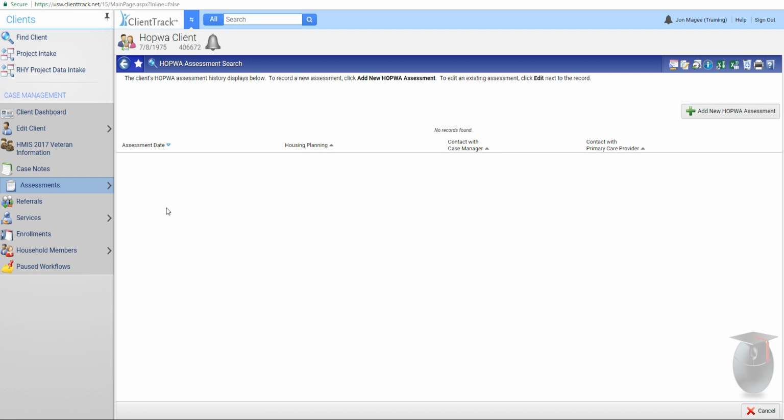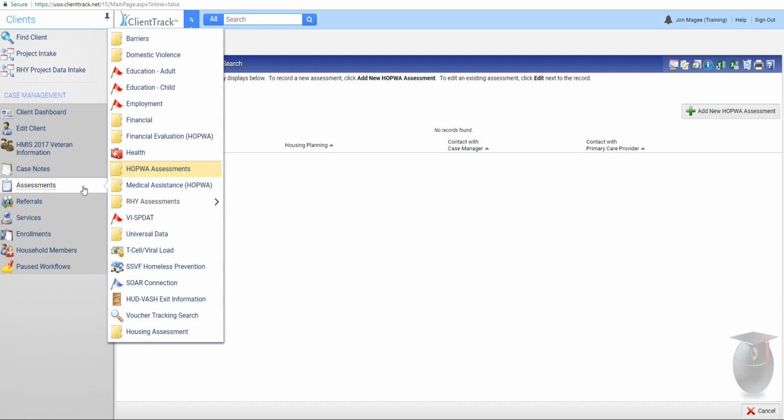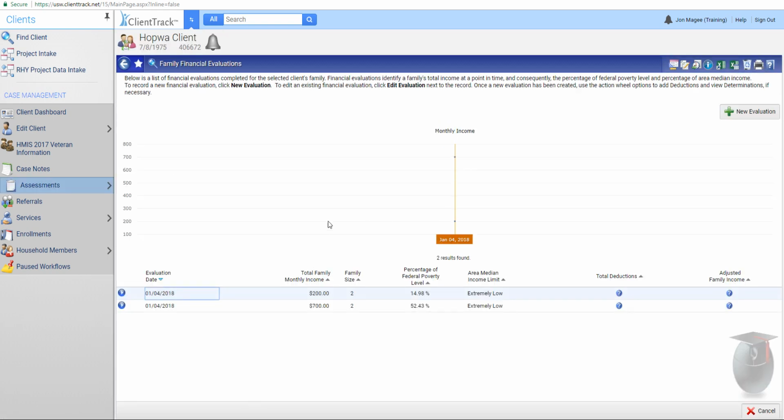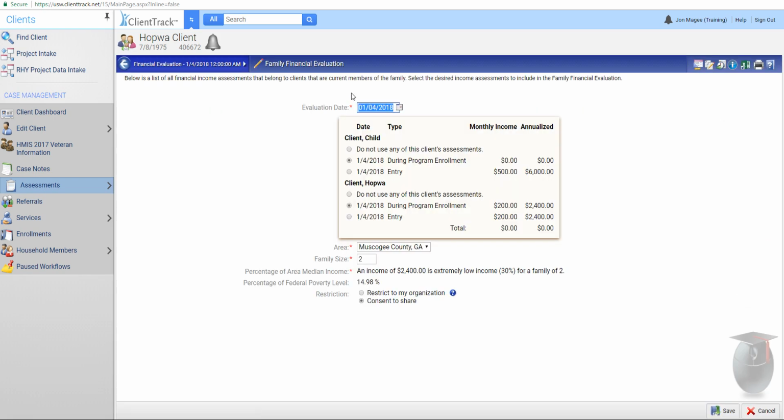Also, something else to consider with migrated data. So while we know that within the intake workflow and during program enrollment workflow and exit workflow, it is going to capture this financial evaluation information here, which is going to give us the area median income that is found on the HOPWA APR. On migrated data, it's not going to have this financial evaluation. This was not part of the old system, and so this will not be something that is already in